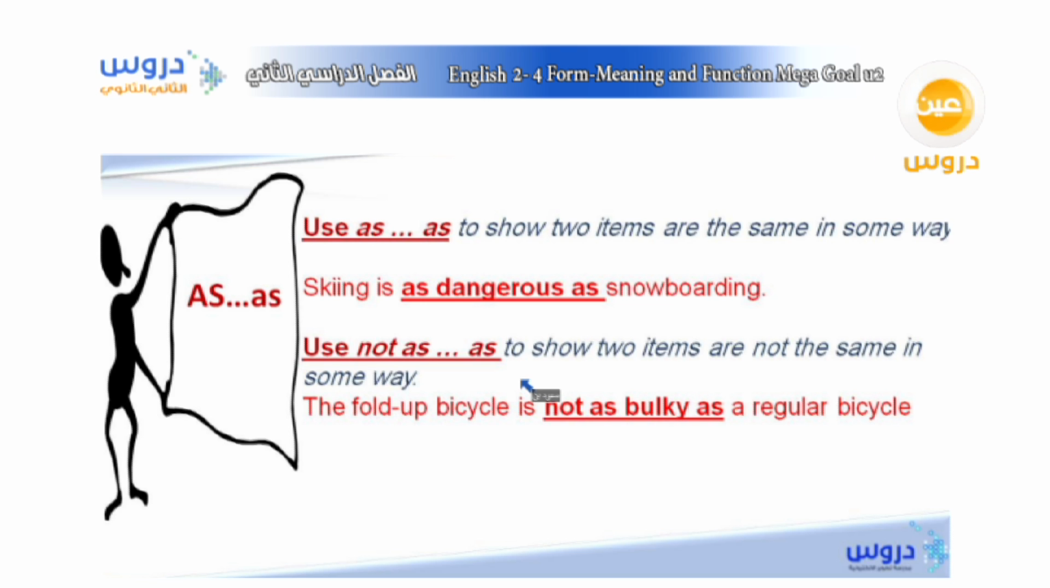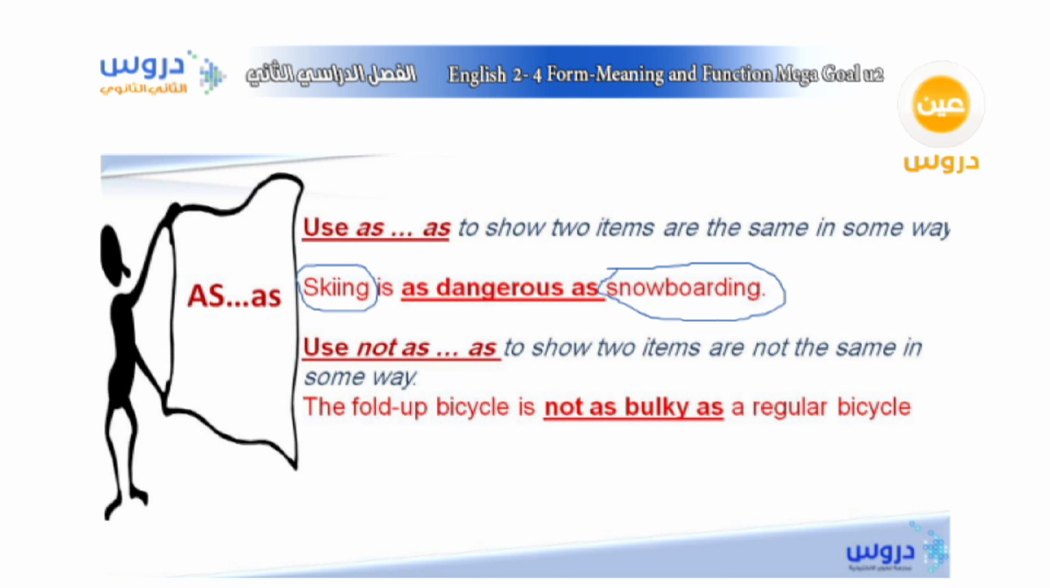Okay, here we are going to talk about similarity between two things, for example, skiing and snowboarding. I want to show that there is a similarity in the characteristics. We use "as... as" to show two items are the same in some way. For example, here we have skiing, a kind of sport, and snowboarding, another sport. We need to show similarity